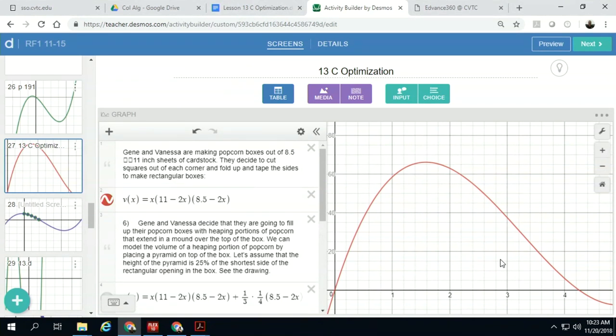What's the title of this section called? Optimization. So we want to optimize that box. In other words, we want to have it hold as much popcorn as we can. The popcorn will be maximized when the volume is at its greatest, correct? So, what do you see? The greatest is going to be